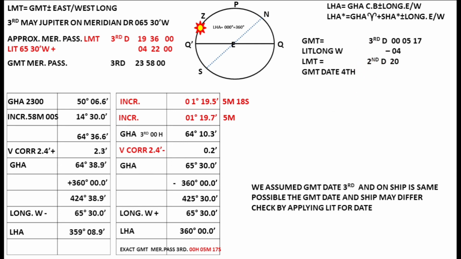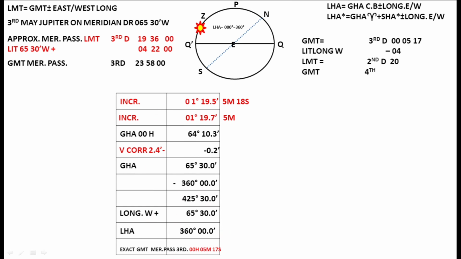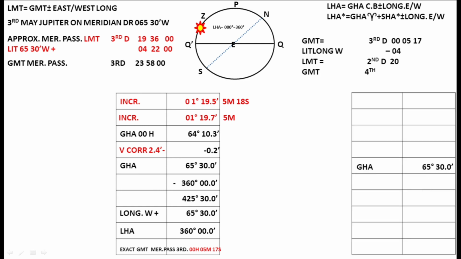So once a situation like this comes up, we will have to redo this whole thing again for the date of 4th. If this was a case of sun, subtracting 24 degrees or adding 24 hours would suffice. But for planets, you'll have to redo this whole thing again. So just redoing it again for 4th. So up to GHA is right. It's the same thing up to GHA. Now I go to the date for 4th,